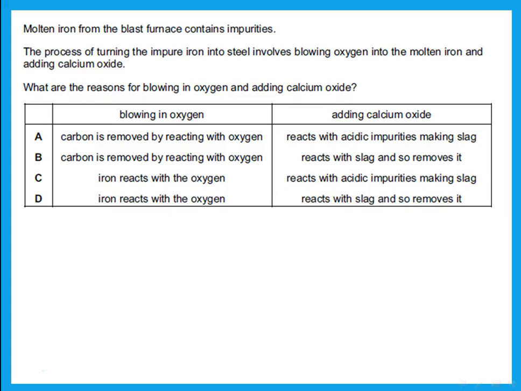Why do we add calcium oxide? Remember that we said some of the impurities form acidic oxides. So I put in a base to react with it. So it reacts with acidic impurities, making the slag that will float on the surface of the iron. Okay, so my answer is